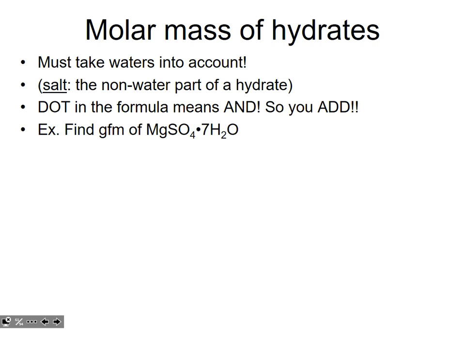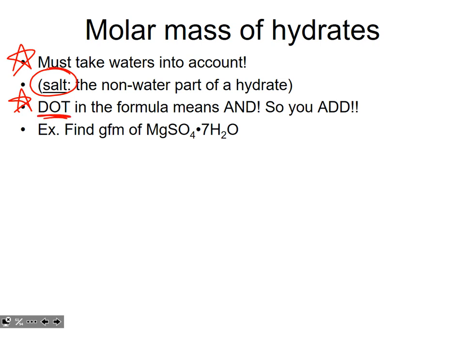So first up is molar mass of the hydrate. So this is the gram formula mass of the hydrate. And the key to calculating gram formula mass of a hydrate is, first of all, recognizing that it's not really any different from calculating the gram formula mass of any other compound. It's just that you have to take the waters into account. The waters are going to add mass. We call a salt the non-water part of a hydrate, so everything except the waters would be the salt part of the hydrate. And the absolutely crucial thing to remember when talking about molar mass of a hydrate is